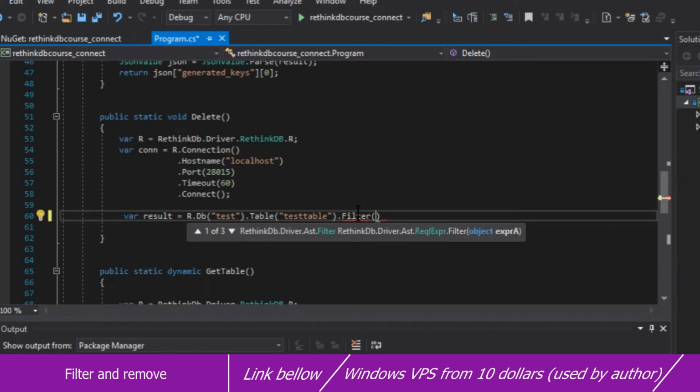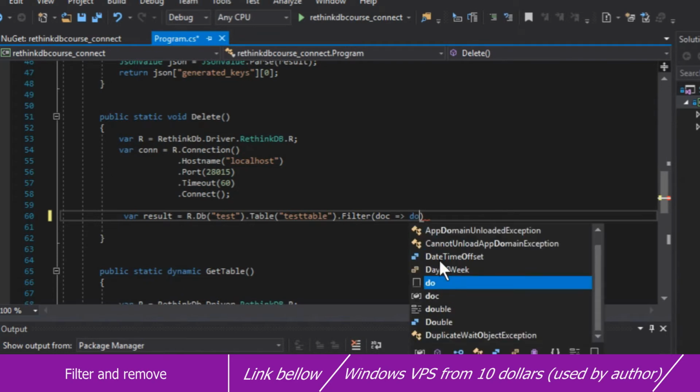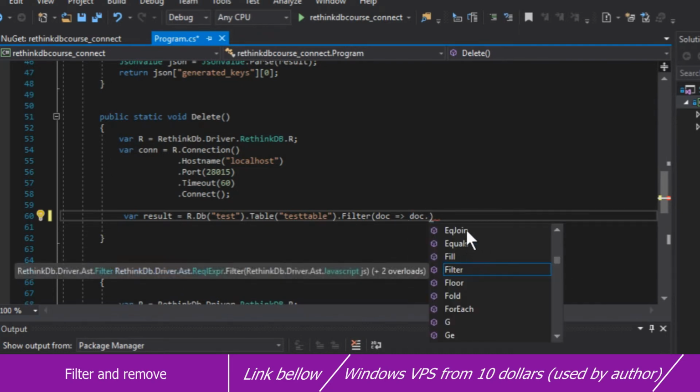We haven't actually seen this filter yet, so it will be interesting to look at that. So we do doc, and then we do that lambda expression. Again, if you don't know what that is, I suggest you do a quick read, but basically you write some kind of a variable here, and then you put these two signs here, which are lambda expression, as it says right here. And then once you write that variable doc again, you'll basically get anything that the previous item has